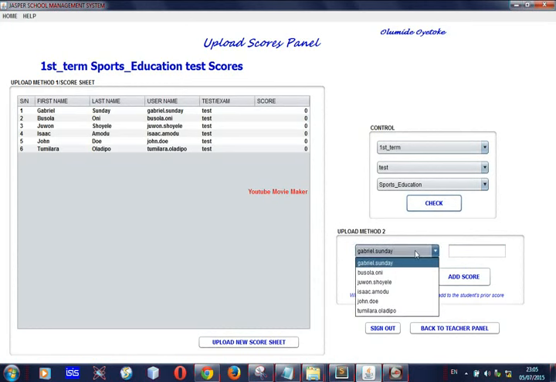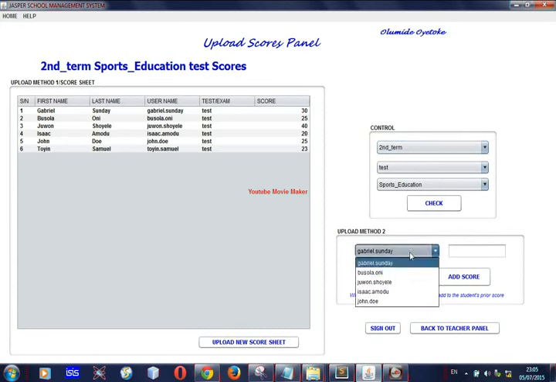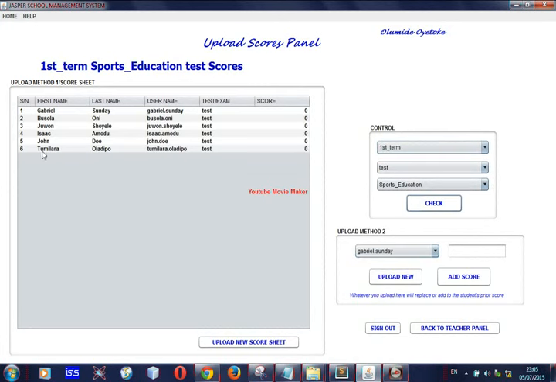One good functionality in this system is that if you have a student who was with you for one of the terms and then left for the second term, the system has a way of sifting away such students. We don't have a student called Tumilara Oladipo in the first term, and for the second term, if a student is out of the school, automatically the student goes away. We have another student coming in the second term called Toy. So that's one good